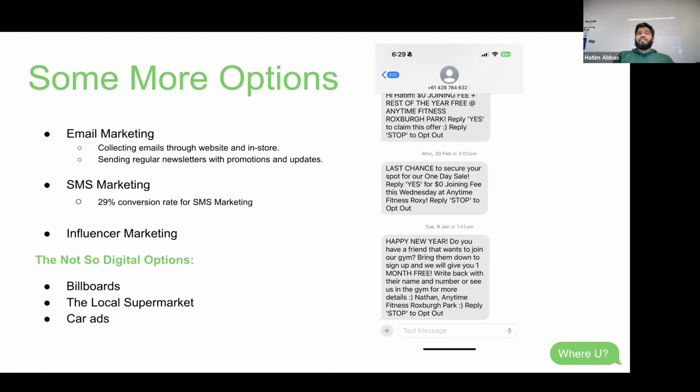JB Hi-Fi is another great example of promotions from SMS and email marketing. They have catalogs coming out every month, and I've got tech that I barely even use, but it's because of those email and SMS marketing promotions and that awareness that I get as a customer. As a previous customer, I become a returning customer and I continue to buy anything that I find remotely relevant to my life, even in the future.